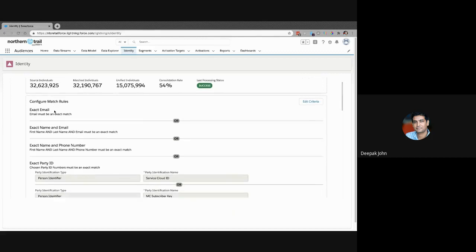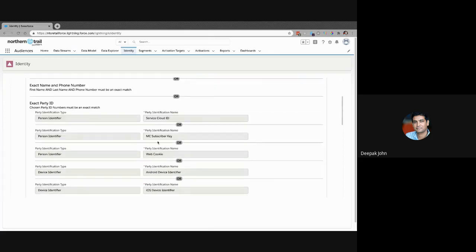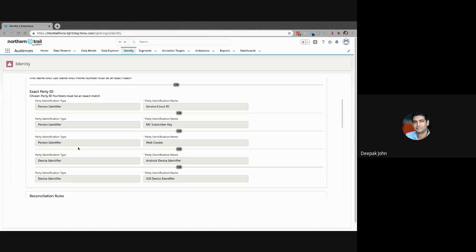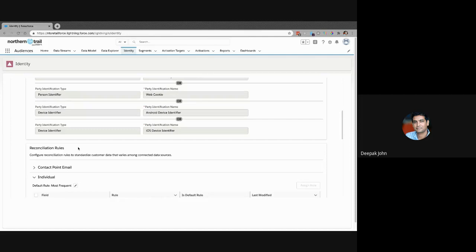So those are the rules that you would define over here, and you can define the criteria of how you would match that. In our case, we'd maybe use the loyalty ID, the subscriber key, the cookies. So this is the question of how you bring anonymous data in. This is in the future, where you could bring in cookies and other anonymous identifiers. But also importantly, as you build that unified view, you've also got to think about reconciliation.